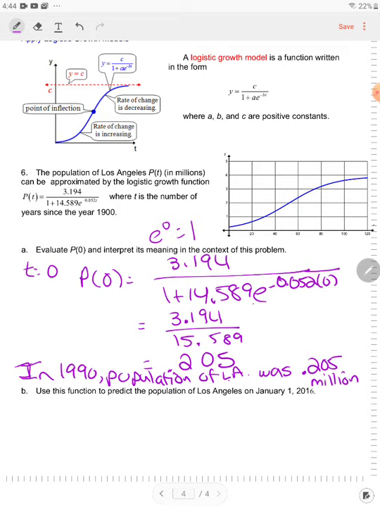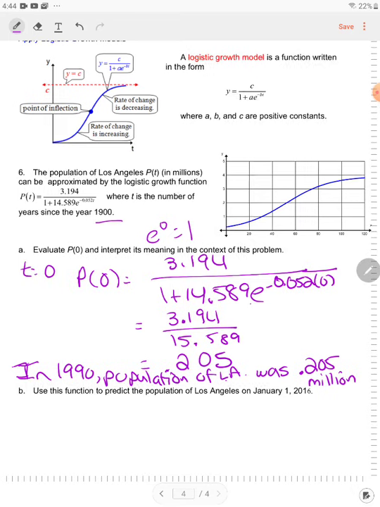Use this function to predict the population January 1, 2016. Okay, but you're starting from the year 1900. Don't plug in 2016. So what do you know? T is equal to 2016 minus 1900. 2016 minus 1900 is 116 years. So we're going to plug in 116. So P of 116 is equal to